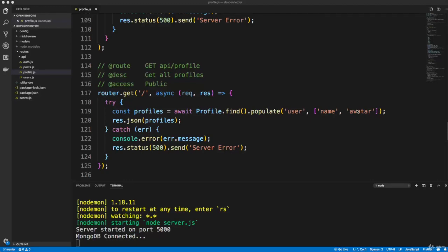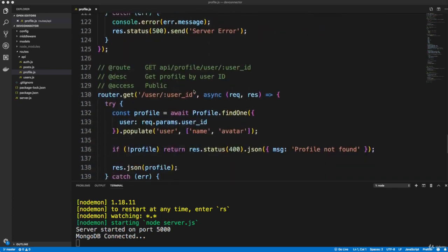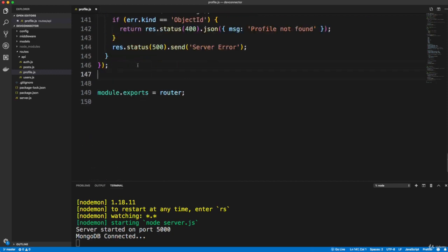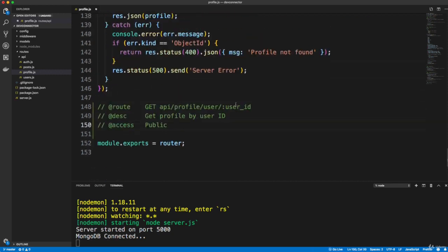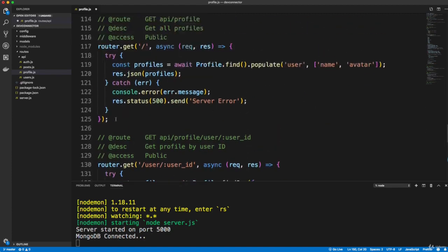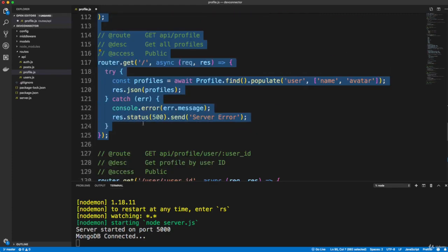Alright guys, so now what I want to do is make it so that we can delete not just a profile but a user completely. So we're going to put that right down the bottom here. Let's copy these comments here, actually we'll just copy this whole thing. Let's grab this